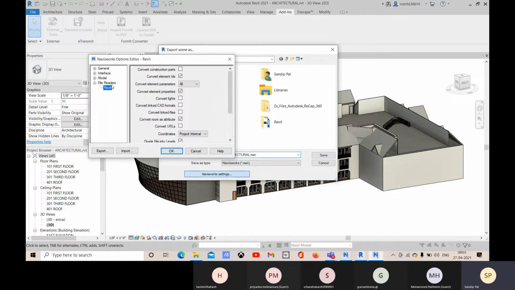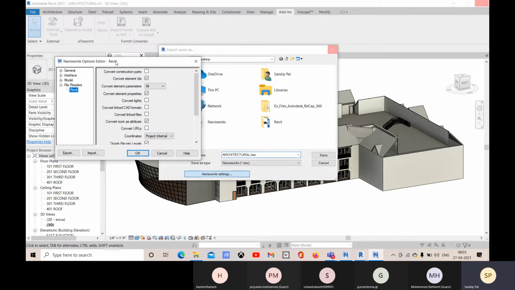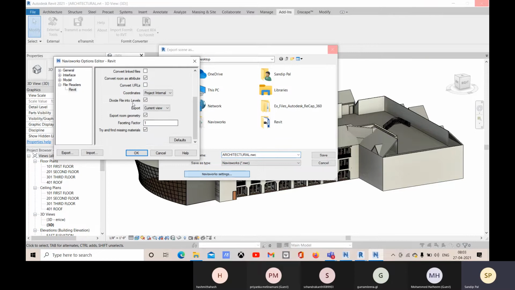So this is the file reader and your Revit file is selected, and you can check all these options, whatever is needed. So you can do the settings. If you are adding your lights, you can convert them. Convert means you are converting them to the NWC file. And all the files like your CAD files, any linked files are there that you want to convert. Okay, and if any URLs are there,